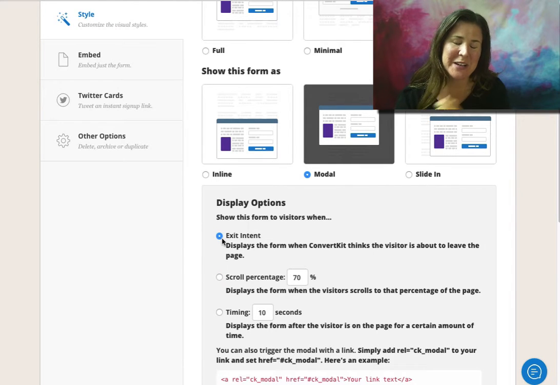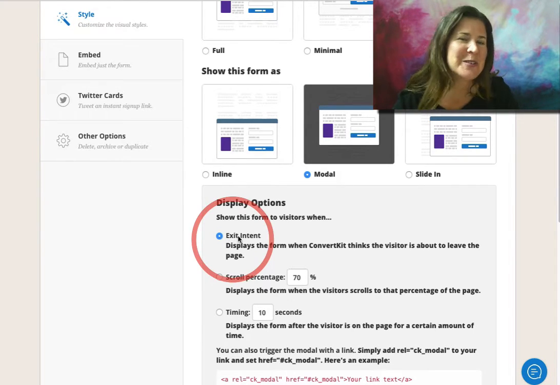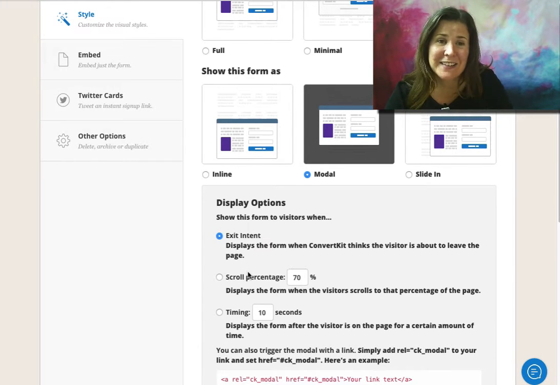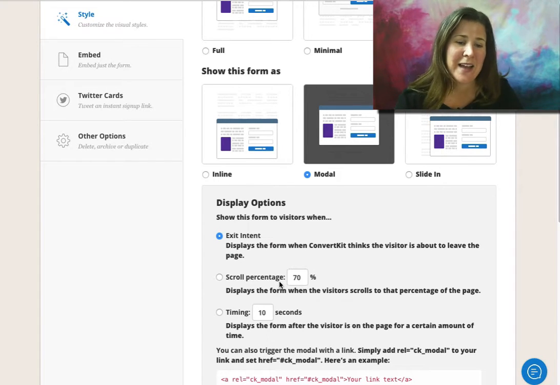Now pop-ups are pretty controversial because you are interrupting your user. And I personally think interrupting is always rude, but they are also very high converting, these pop-ups. So a nice compromise is when you know they're done with whatever they came here for and they're leaving, when they show that intent to leave, then it pops up. And then it's not quite so rude. It's more like, hey, on your way out, I just wanted to let you know you can also have